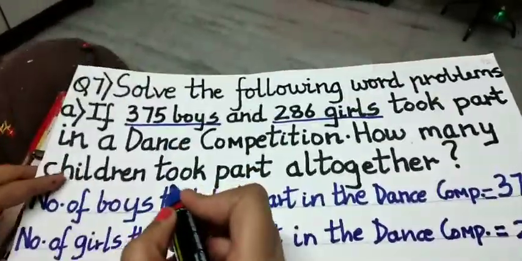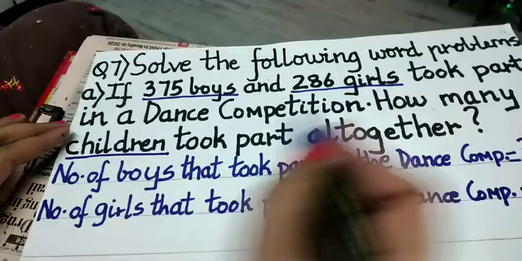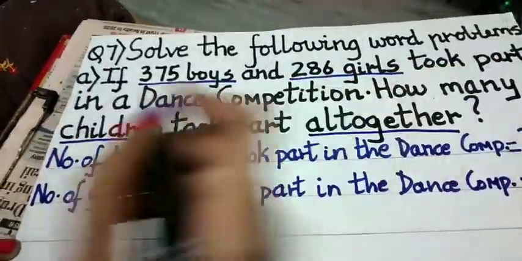So the third statement is: total number of children that took part in the dance competition altogether